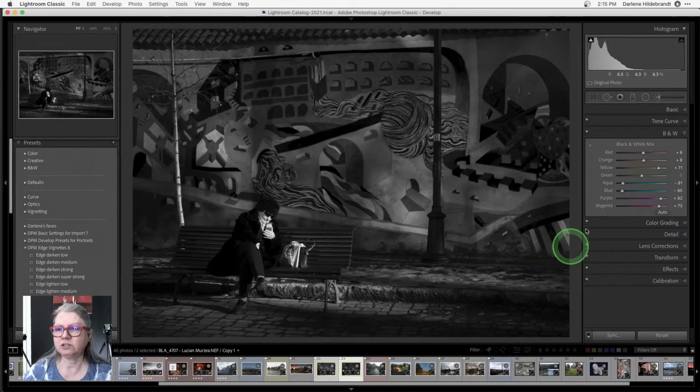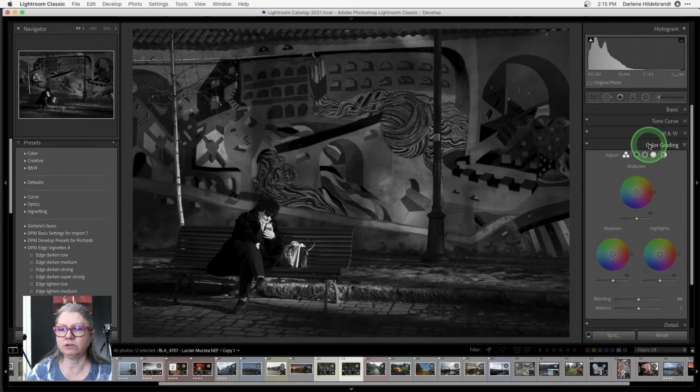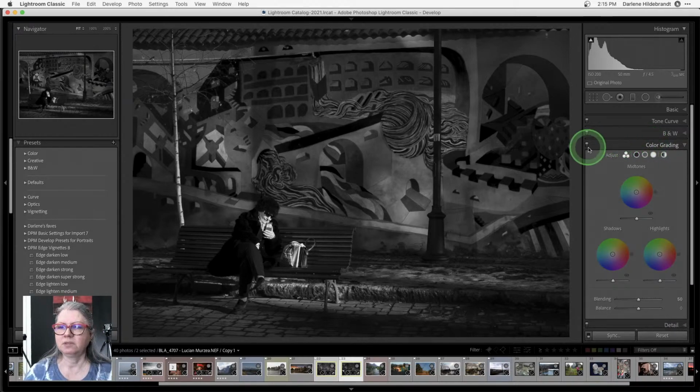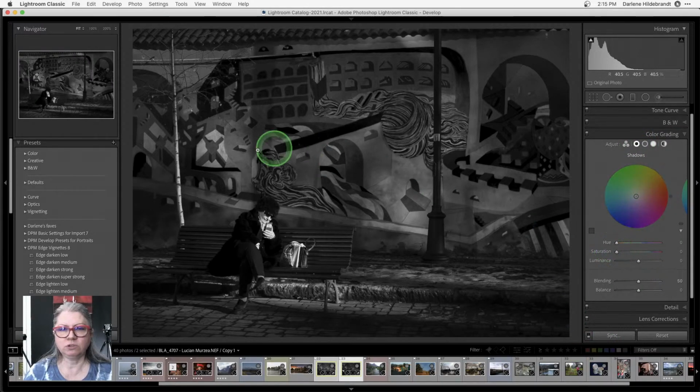One other thing we can do is I mentioned the toning that I did in Luminar, okay? We can also do that here with color grading, okay? So that's the new tool. If you have an older version of Lightroom, it's probably called split toning. So you can apply to the shadows. It will not show up until you can dial this hue all the way around you want. It's applying different colors, but you won't see any color until you turn up the saturation.